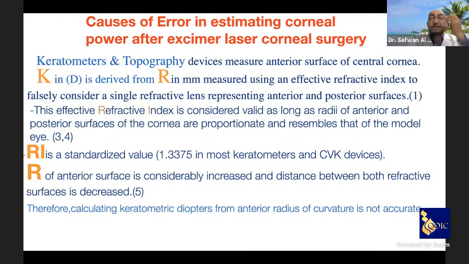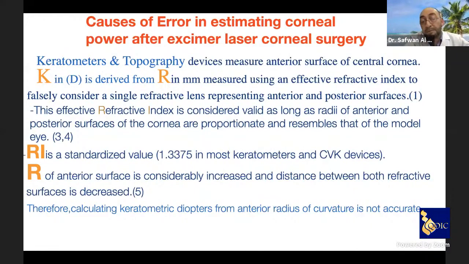Now, keratometry and topography devices measure the anterior surface of the central cornea. K in D is derived from R, the radius in millimeters, using an effective refractive index to falsely consider a single refractive lens representing the anterior and posterior surfaces. This effective refractive index is considered valid as long as the radii of the anterior and posterior surfaces of the cornea are proportionate and resemble that of the model eye. So the RI is a standardized value,